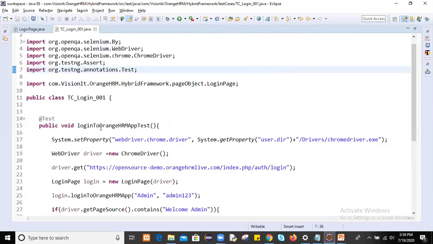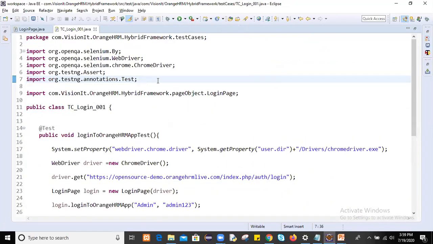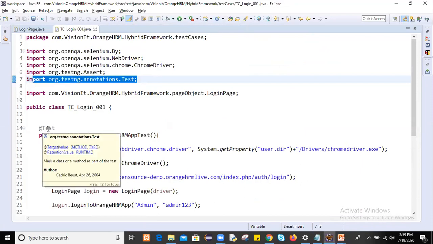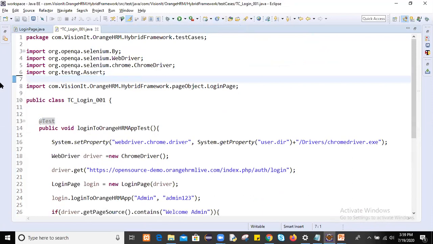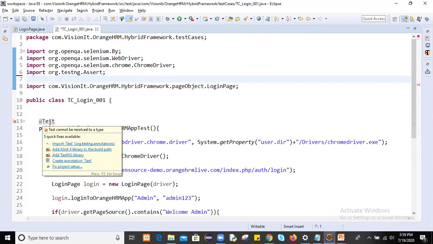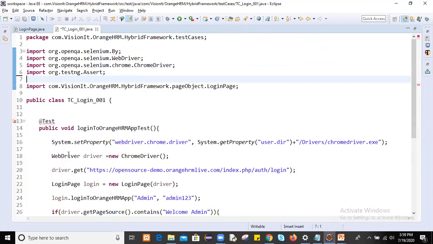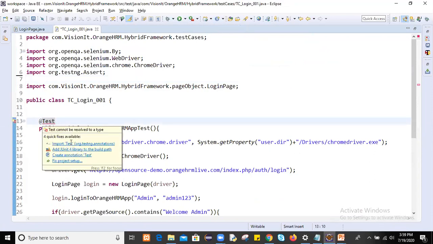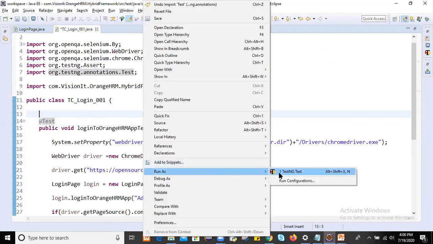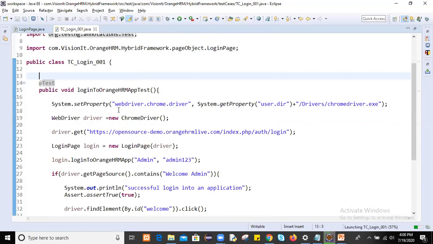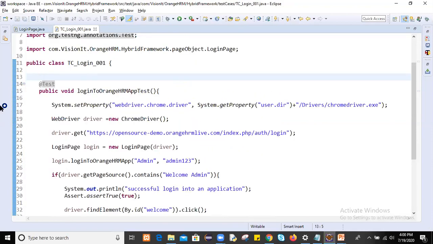This is my org.testng annotation. Just mouse over on this, add the TestNG library, and then mouse over on this test and import from TestNG annotations. If you get that TestNG library exception, then do it like this. Let me check whether it will launch now.